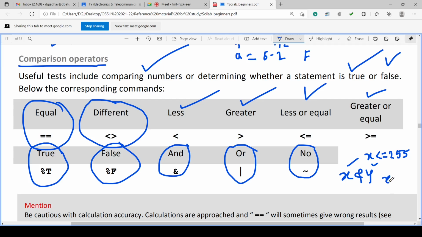Or x or y: either this must be true or this must be true, or both must be true. ANDing, ORing operation. Okay, and not, this is just different. These are the equal, these are the different, that means not. Suppose x is true, then x tilde 0. Okay, you can have that. Or x equal to tilde 0, we can write. Okay, not 0. X is not 0.